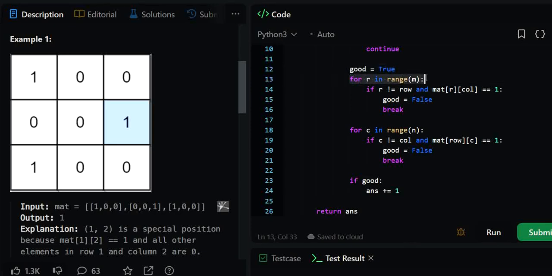Then I am using a for loop for rows, right? Because firstly I need to check if any row is having value equivalent to 1. So if any other position in that row is having a value equivalent to 1, what I'm doing is changing the value of my flag and breaking the loop, and then again I'm doing the same thing for column. So if the column is also having any position with 1, then I know that it is not going to satisfy the required condition and I will change the value of my flag, break the loop